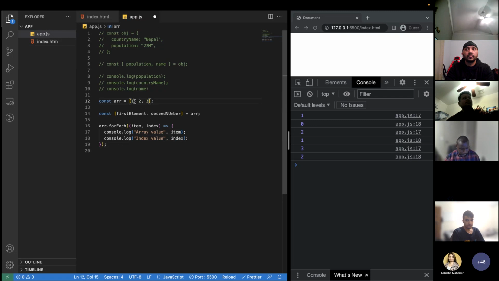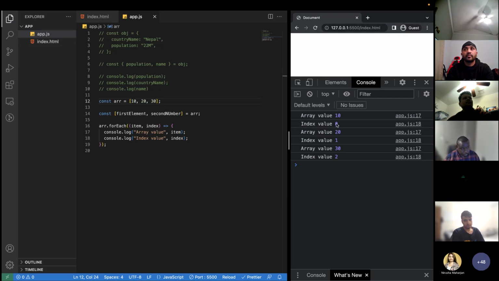You can write any element here, like 10, 20, 30, and we have array value 10 and index value 0, array value 20, index value 1, and the corresponding index value is printed for the corresponding element value here. Okay,